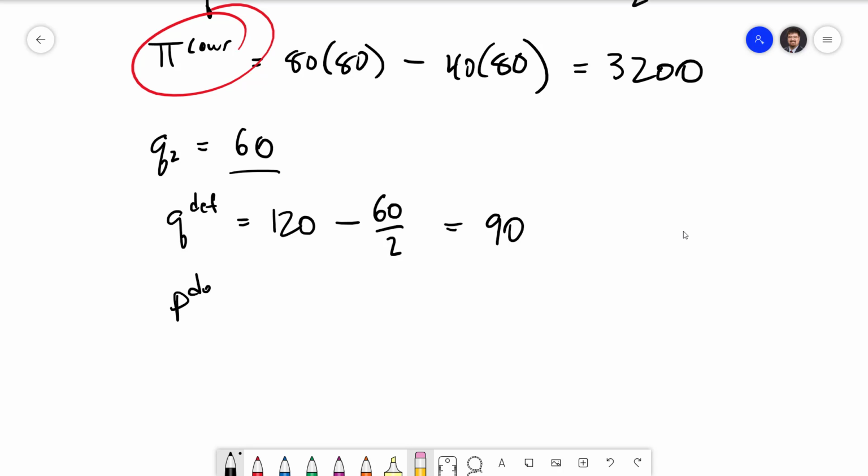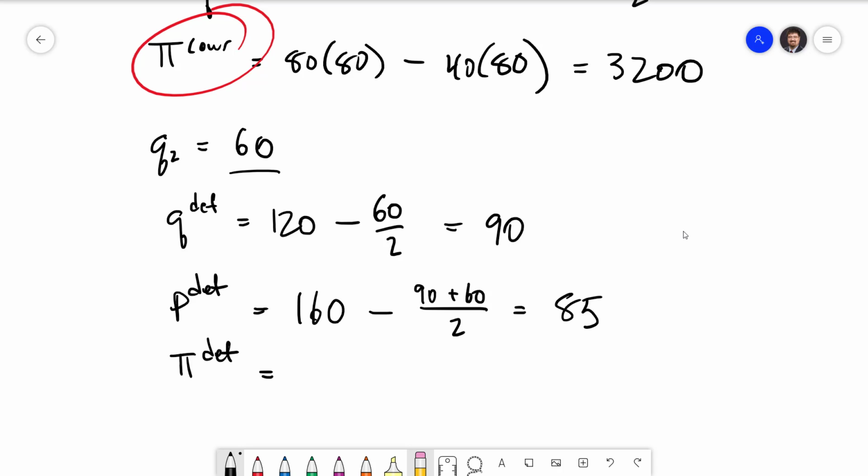To get the price when defection happens, we're going to plug these into our inverse demand function. 160 minus (Q1 plus Q2), so we have 90 and 60 here, divided by 2. That's going to give us 160 minus 75, which is 85. And the profit that the firm that defects gets is 85 times 90 for the revenue, minus 40 times 90 for the total cost, and that's going to give us